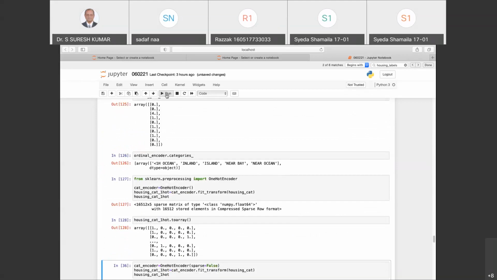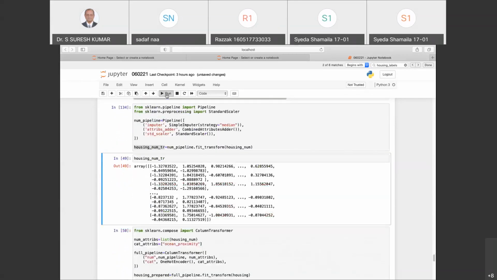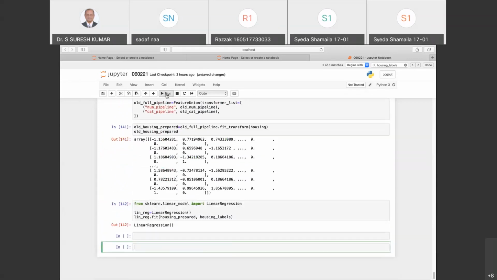Most of the time, what happens when you write a program, you encounter some error, and you spend days after days just hunting for the error. Where is the error? Perfect. It tells me it is linear regression. Very fine. We have come bang on where we wanted. Now what we will do, we will try the full processing pipeline on a few instances. How many instances? I'll just take 5 instances.